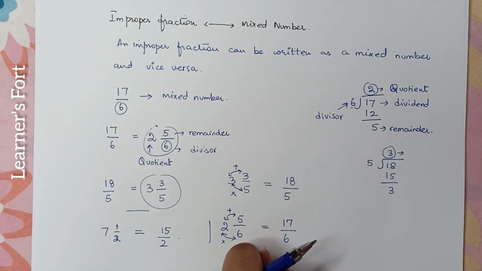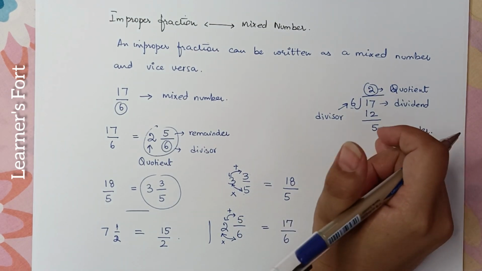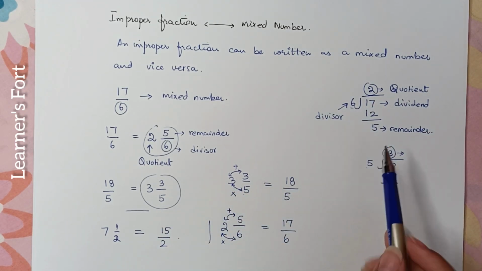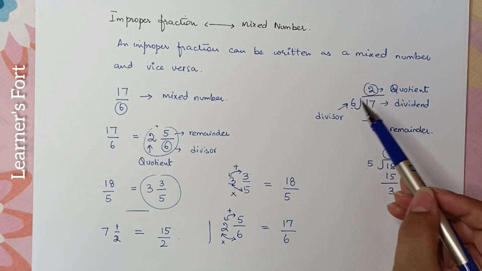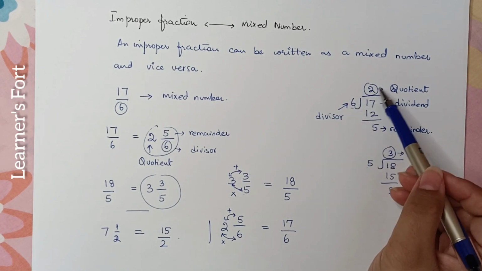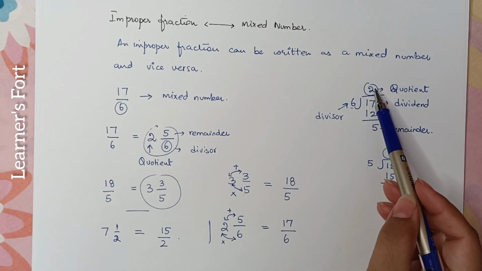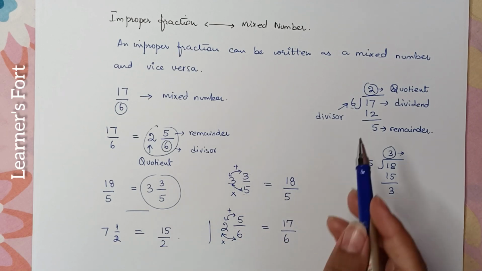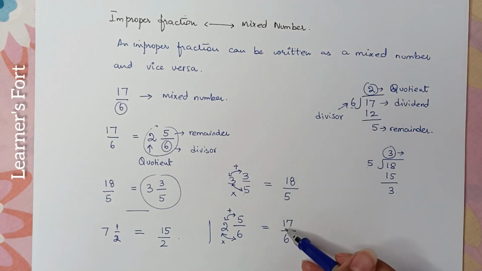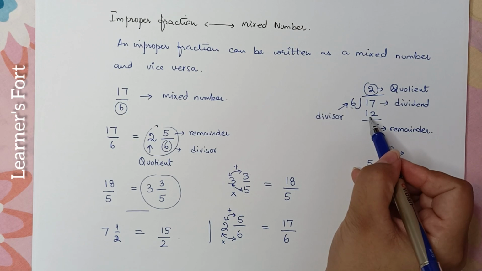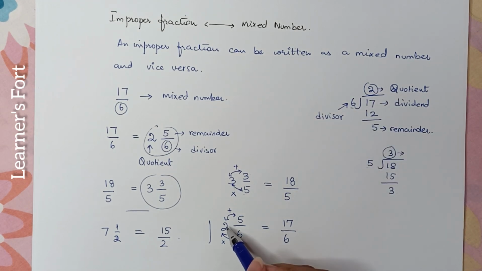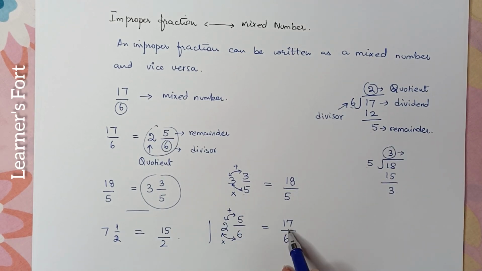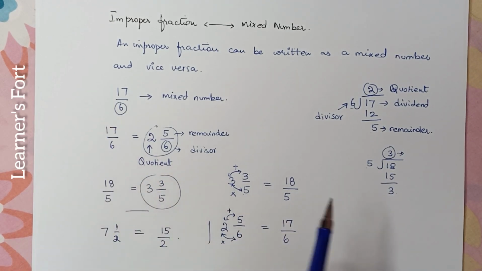So, the remainder becomes the numerator. It was the remaining amount that still has to be added to the fraction. So, we are just going to add the remainder to it. We are multiplying the divisor and the quotient together, just like this, because we are reversing what we did here. When we divided, the quotient we got was 2: 6 twos are 12, right? 6 into 2 is 12, and we had the remainder left. We're going to add the remainder to it, so it goes back to what it was in the beginning, 17